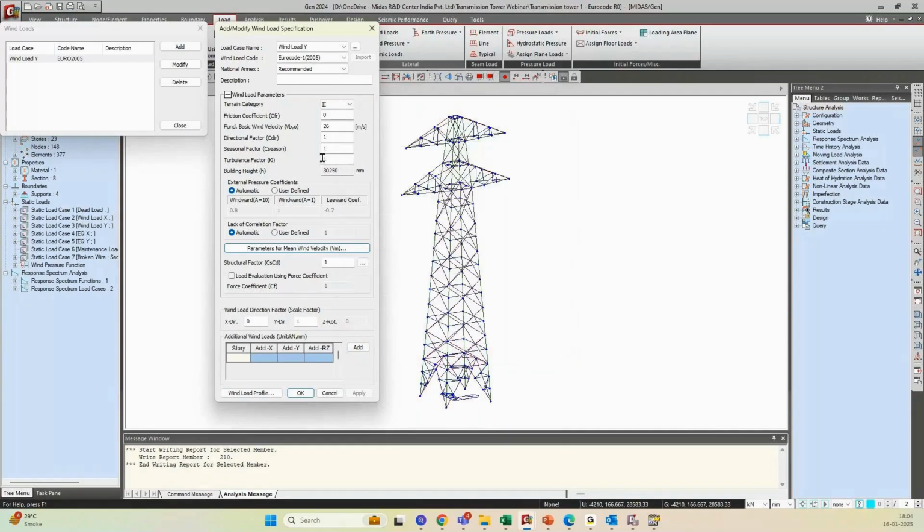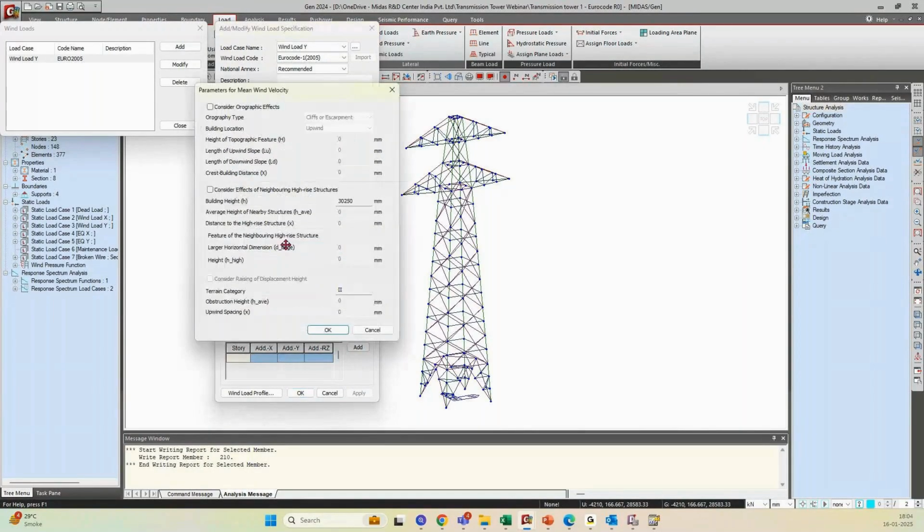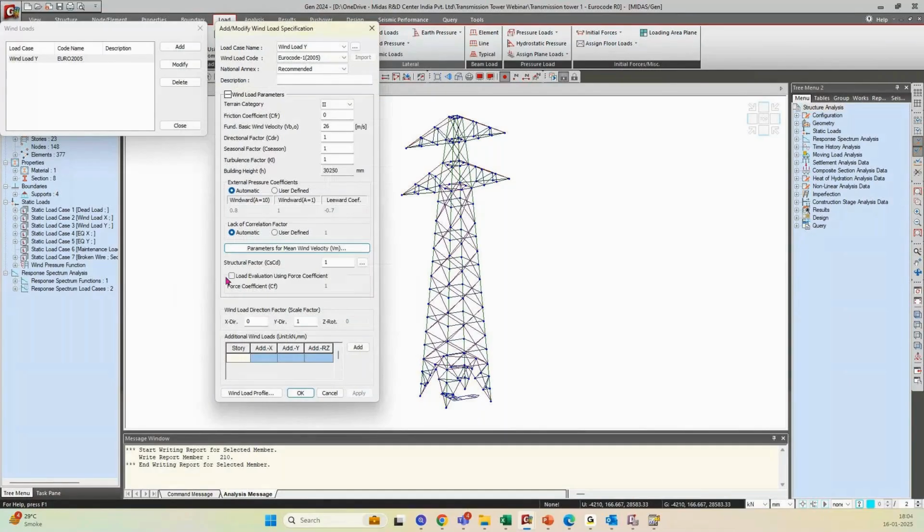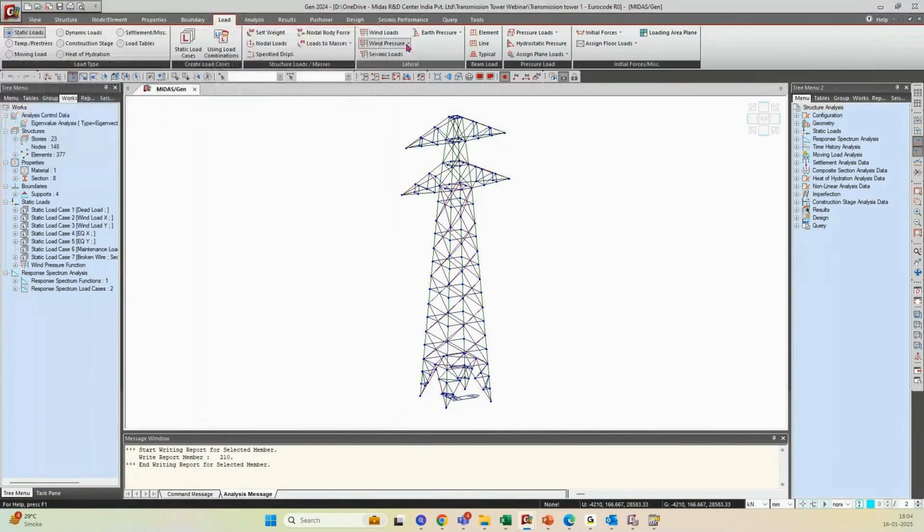Okay. And always here you have a flexibility to modify the factors here. Okay, it's always flexible. You can change whatever parameters you want to change here, or you can directly enter the force coefficient that is directly used for the calculation of the forces, or you can use the function wind pressure option. Okay,